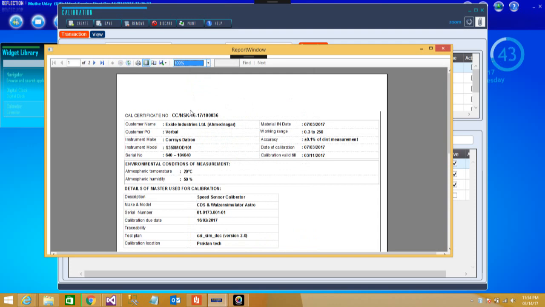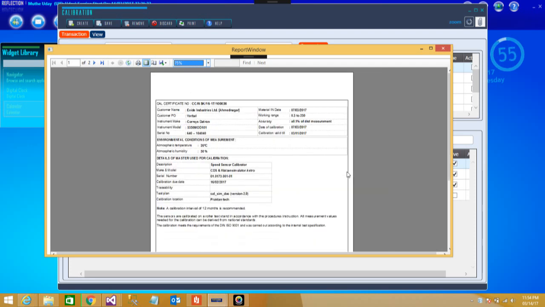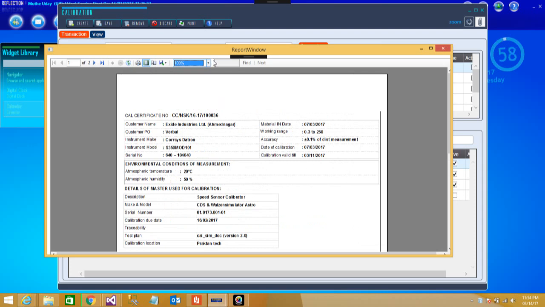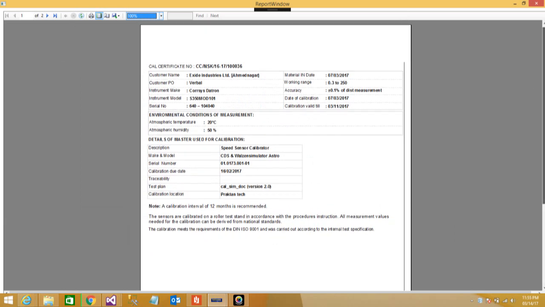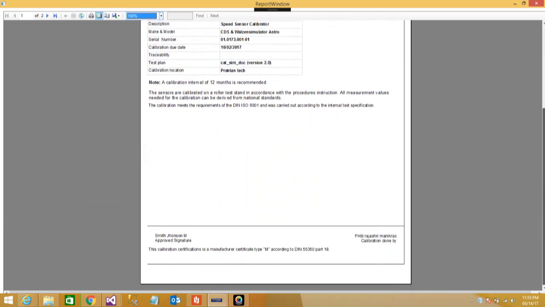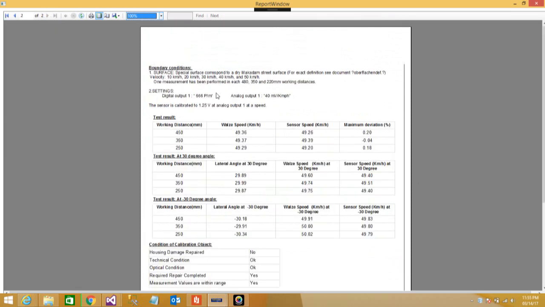You are getting one calibration report, then there is another certificate which is very important. It comes automatically. You don't have to do any manual data entry kind of work, and it comes by itself. So this is the first page which I'm showing you right now. Here you can get all the details and data. And if you see, you can have the second page of the same report, which has all your test results. So working conditions, all readings, all parameters depending on your conditions of calibration, and what the remarks are,